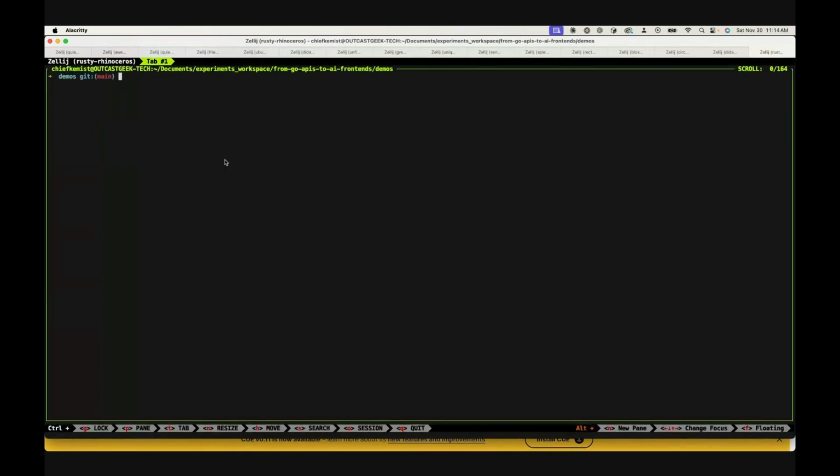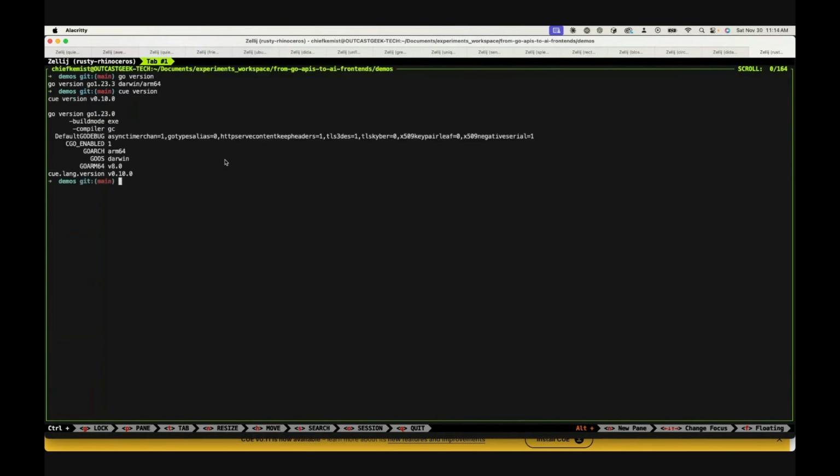So I'll go to my terminal. Go version, just to check. Okay, so I'm using 1.23, and then Q version. You can see that this version of Q was built